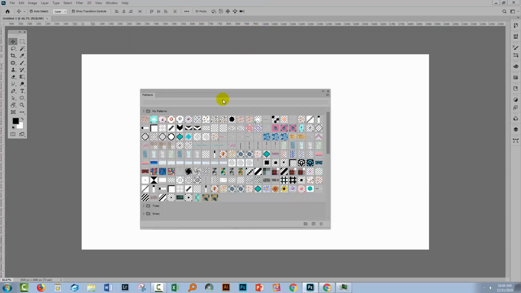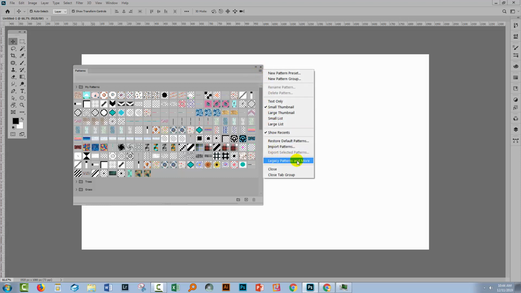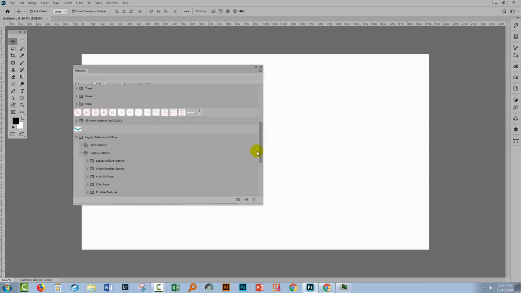But let's go and have a look and see where you're going to get your patterns from, the patterns that you're used to using. Well, you go to the flyout menu here on the Patterns panel, and you're going to click here on Legacy Patterns and More. And when you click, nothing appears to happen. Well, thank you, Photoshop. But if you have a look down here, you'll see that the legacy patterns have been